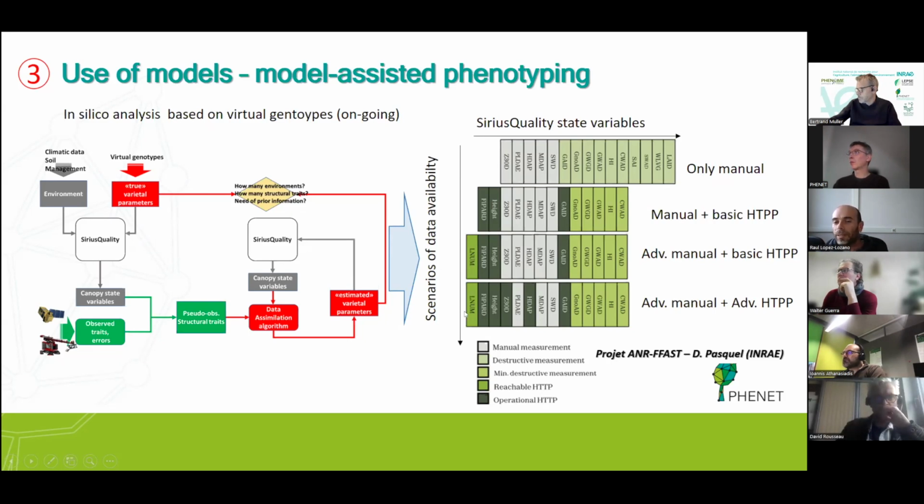The idea is to understand how this increase in the availability of information allows us to estimate more accurately these varietal parameters of the virtual genotypes. Of course, with the objective of repeating the same exercise with the actual data that we are observing in the phenotyping platforms and the different satellite